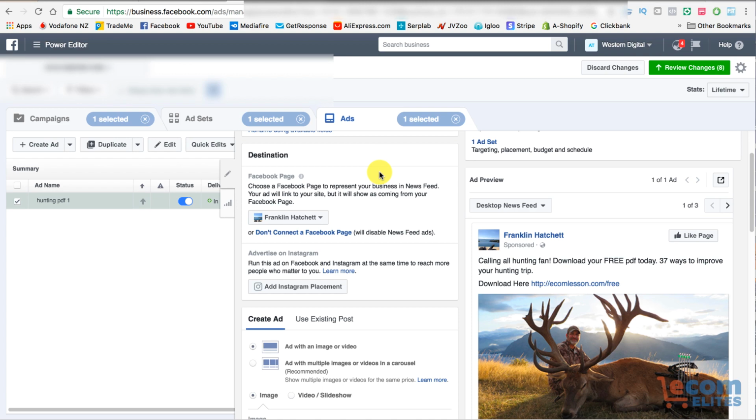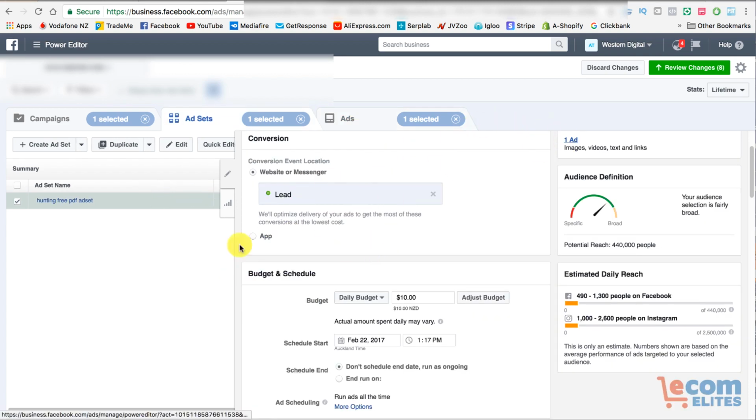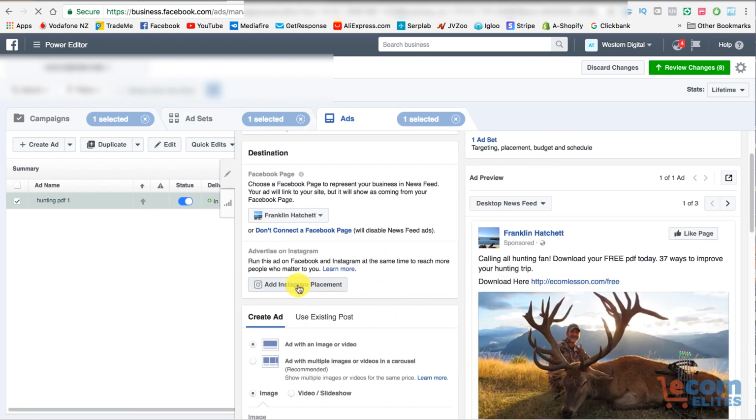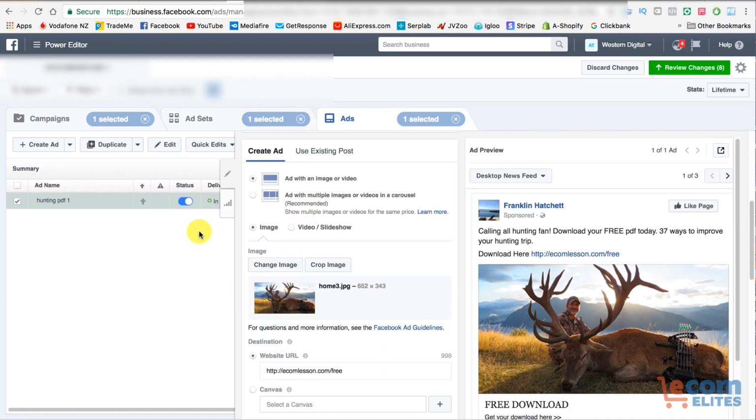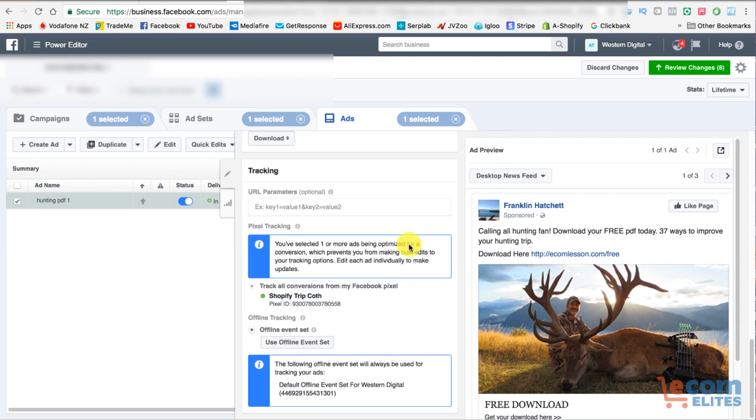So that's how you set it up. Do your ad set for your targeting. Do your advert. Do split testing. So once this is live, going in, we're not going to update this. So let's just